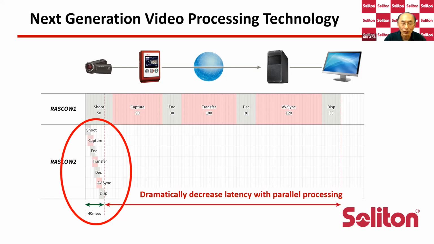By that result, actually this graph, the RASCO1 is very long. It's 1 second in this length, and we chop it down and put it in parallel processing. As a result, you will see it's 40 milliseconds. This is a true benchmark graph, we just took it out. So with RASCO2, we can shorten it to less than 40 milliseconds. This is the parallel processing of our new RASCO2 technology.